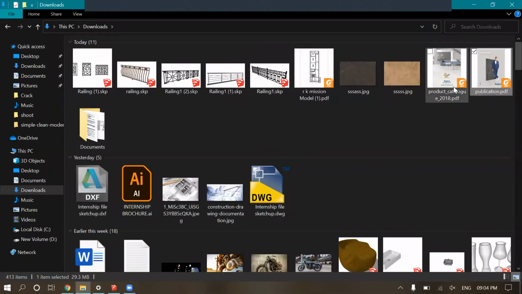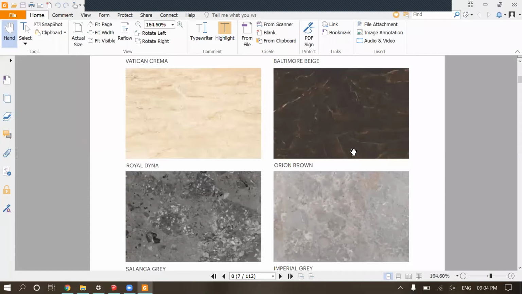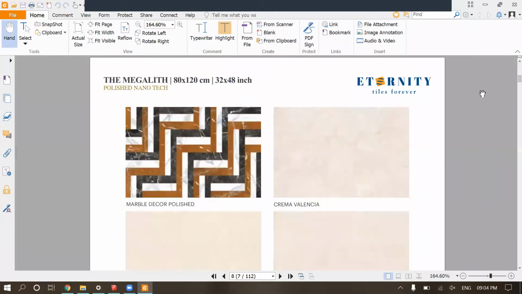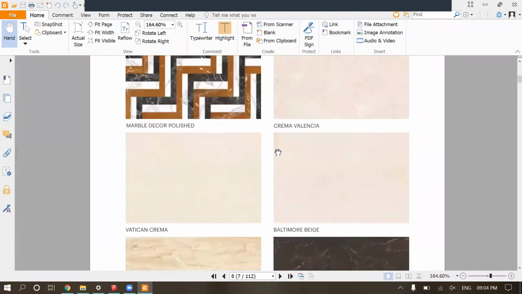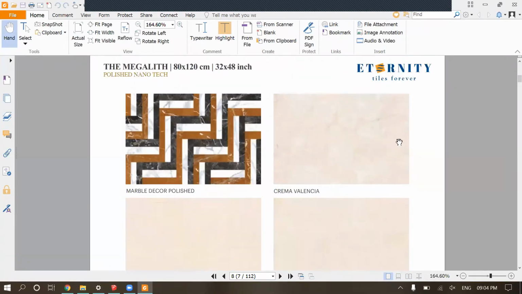So these are some catalogs. So you get pictures like this. There is no specific site for it. You need to do a bit of research. There are a number of companies that provide this kind of layouts, this kind of catalogs. The tile companies especially, like Thompson, and others.